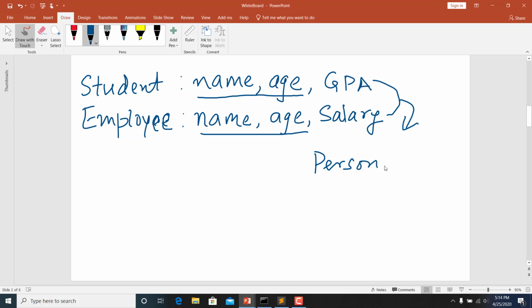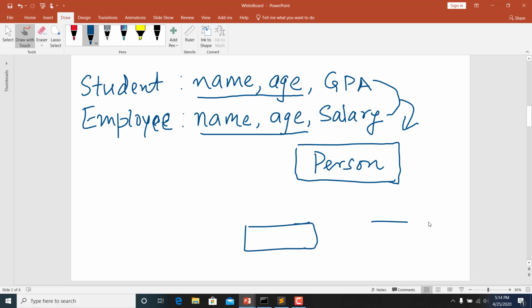Alright, so the person should be a parent class, and for person, we will define person class with the data fields like name and age, because that is something which is common in between these two classes. And once you have defined person class, then you can derive these two subclasses from the parent class person. What are these two subclasses? You have the subclass like student, and then you have the subclass like employee,